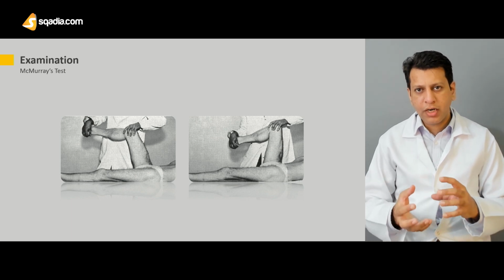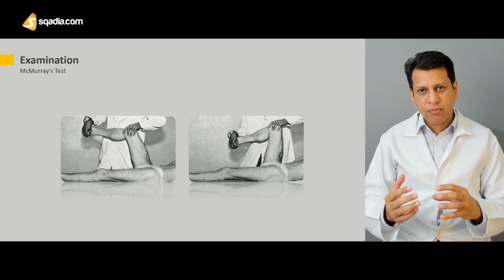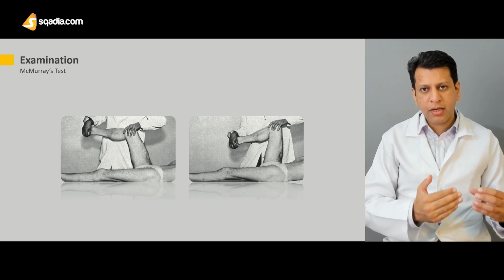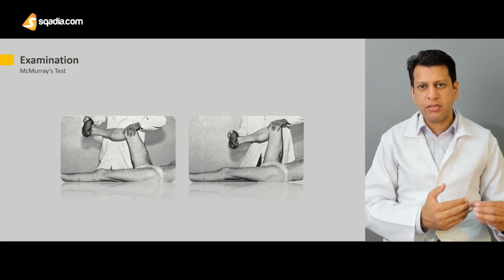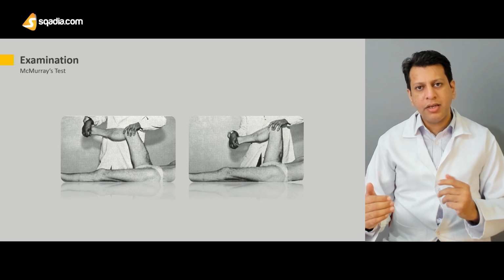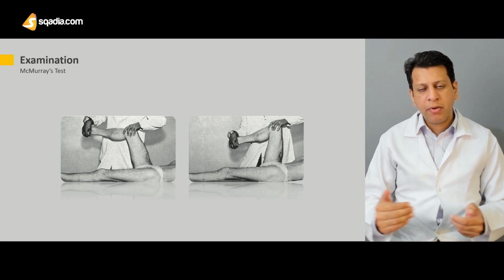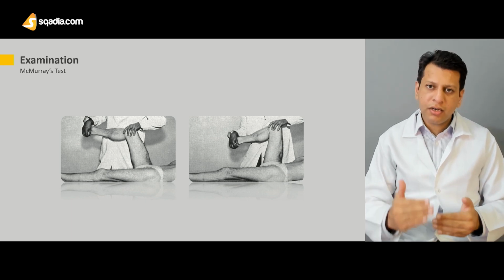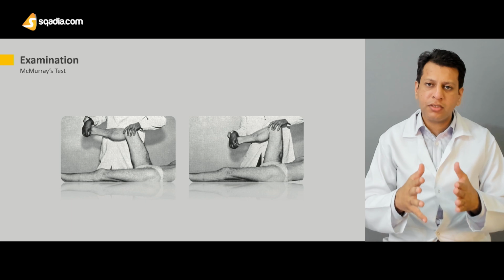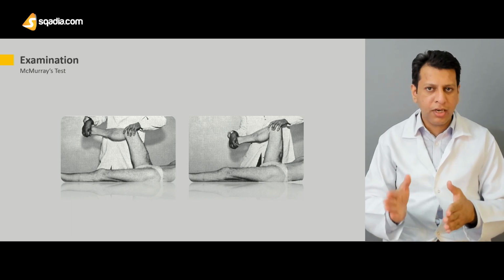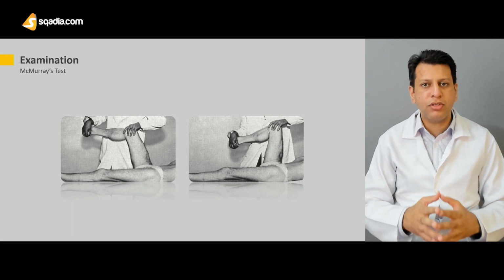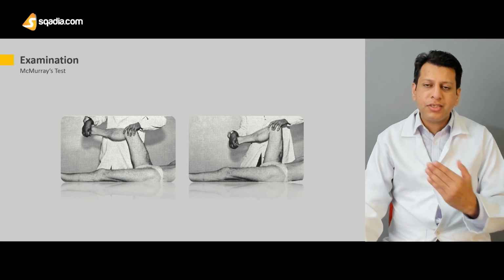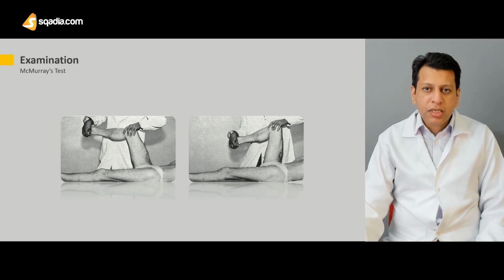You internally rotate it, and from flexion to extension you bring it back, and then you check the lateral meniscus. Then again you flex the knee, externally rotate it, and bring it back to extension and check the medial meniscus. And if there is any tenderness during any of the maneuvers, this means the problem is in that meniscus and there is some pathology of that meniscus. This is one of the tests. Some other tests include